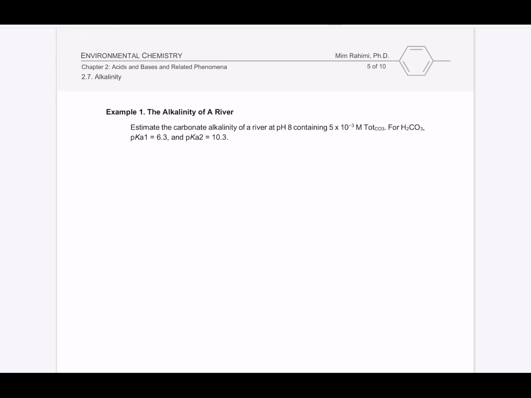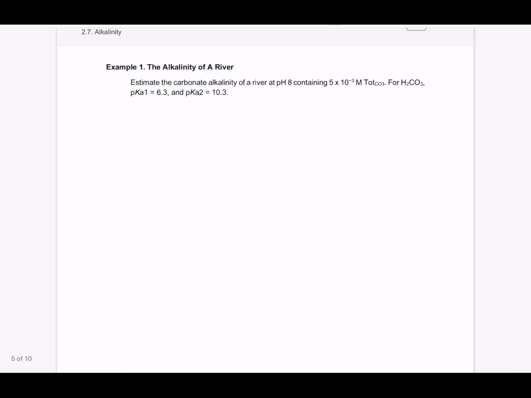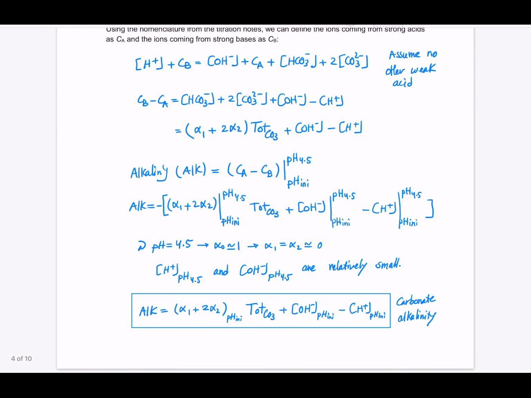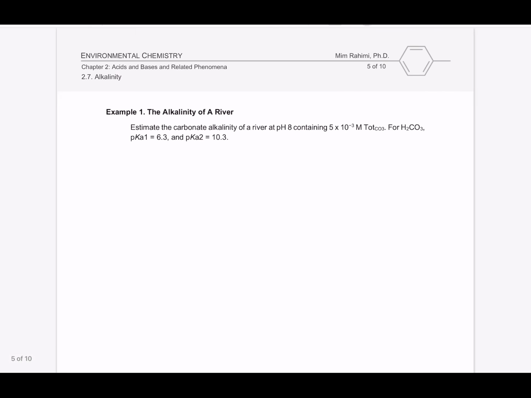I'm going to write down the alpha term just in case you need to use it, which you will. So from now on, I'm going to remove that pH of initial from the equation because we don't really care about that 4.5, as you saw, is negligible. So that means when you have this equation, it's always about pH of initial, or in the initial state. So, okay, guys, you go ahead and